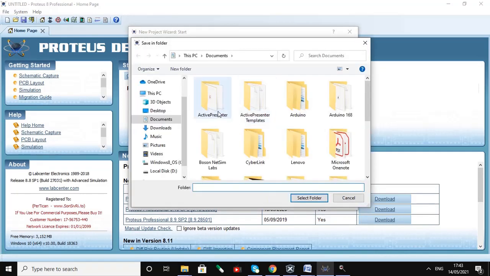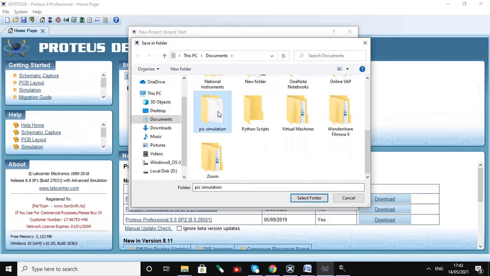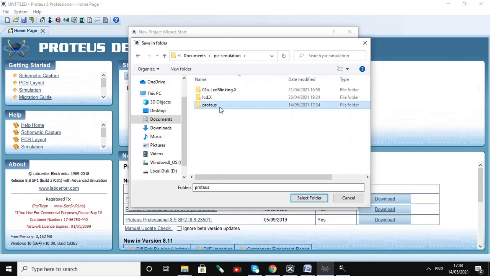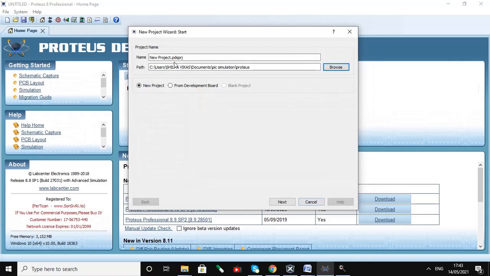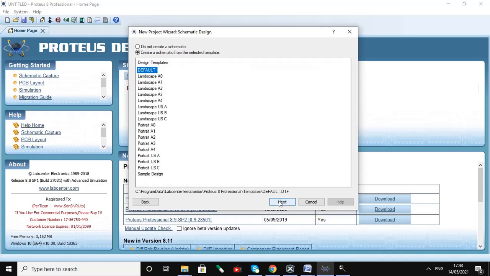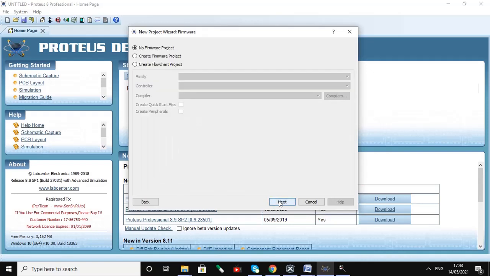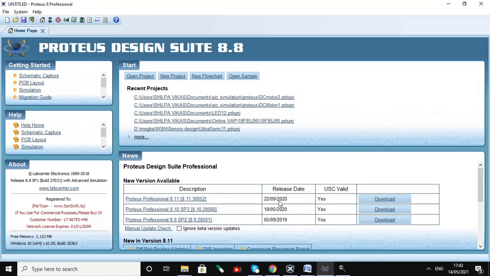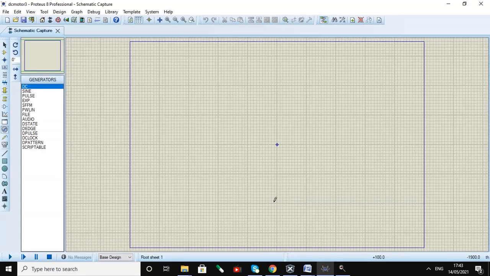We are selecting a particular folder, and now we will give the name to the project, DC Motors 3. Next, finish. So it will build a project for us.